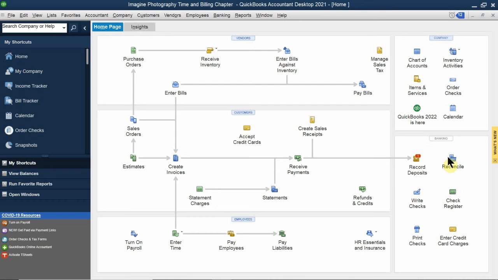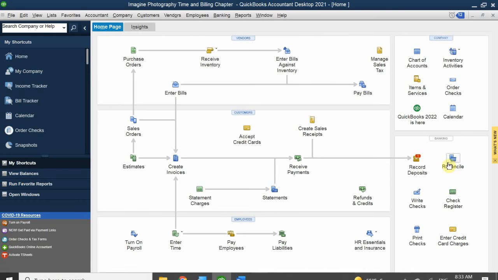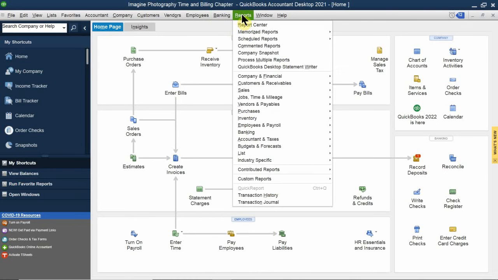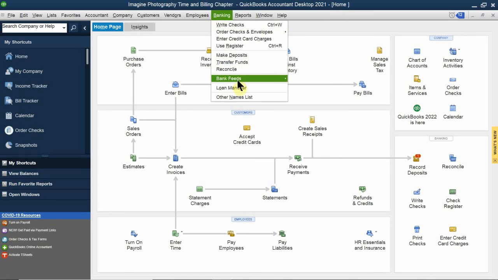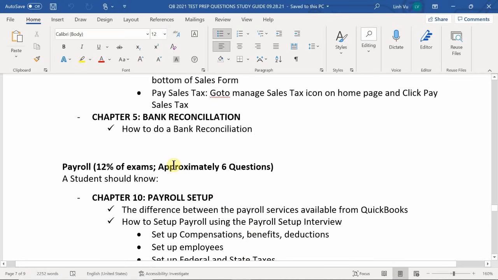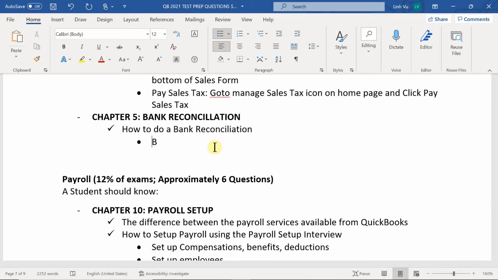Oh, you mean on the system, on QuickBooks? Yes, correct. You can either do it from the homepage or from the banking menu. Okay, so yes, we have Reconcile right here, and we also have that on the banking menu. Banking menu, Reconcile. Okay, all right. So here we go. A bank reconciliation